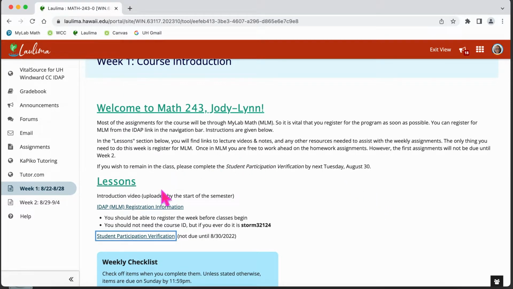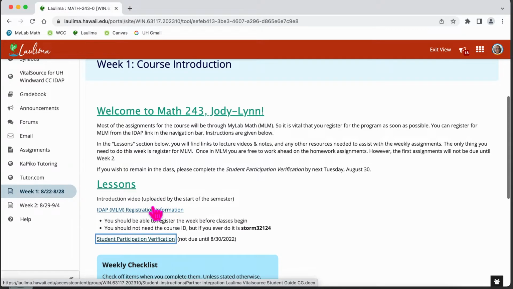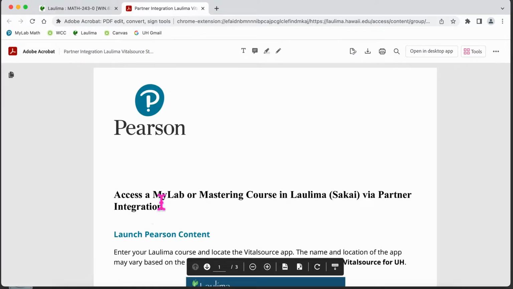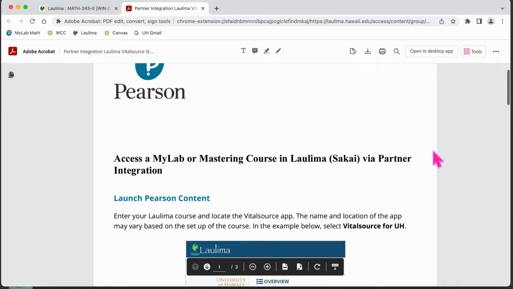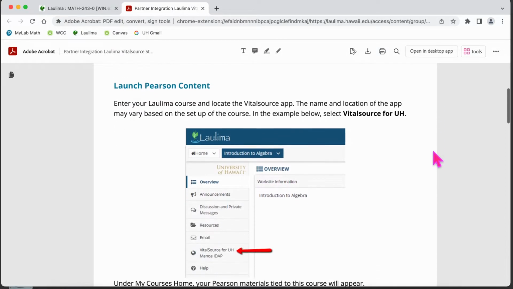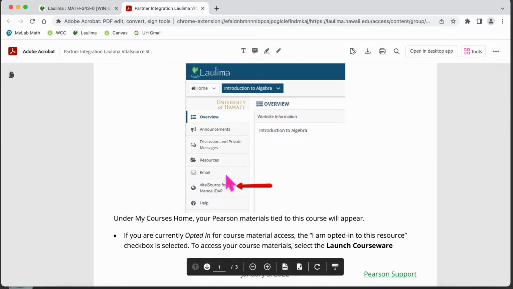All right, so let's move on to the IDAP registration information. If you haven't used IDAP before, there are some PDF instructions that have been provided by Pearson. Pearson is the one that owns my lab. In the instructions, they are demonstrating using a UH Manoa IDAP course, but of course ours says Vital Source for Windward Community College.